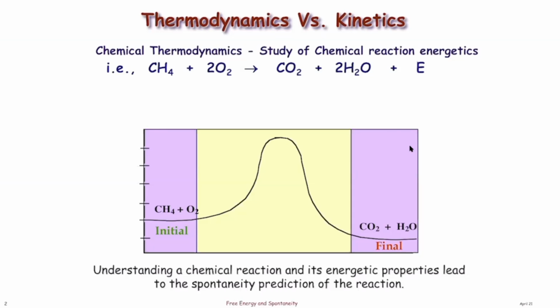And the question is, well, if the reaction is unfavorable under higher temperature, why would you use higher temperature to drive that reaction? The reason is, yes, it becomes less favorable. Delta G becomes more positive, but you also got to look at